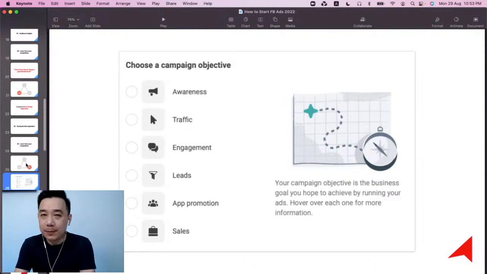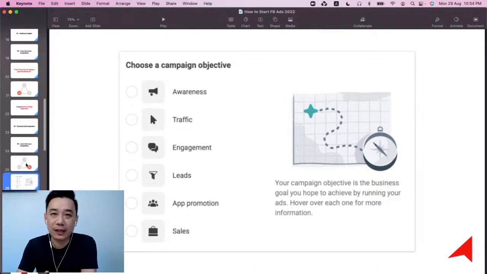It's just that what Facebook is doing right now is grouping the objectives into outcomes that you can relate to quickly. This is called ODAX, Outcome Driven Advertising Experience. ODAX is a new lineup of objectives where they group objectives together according to the outcome that is going to drive you.